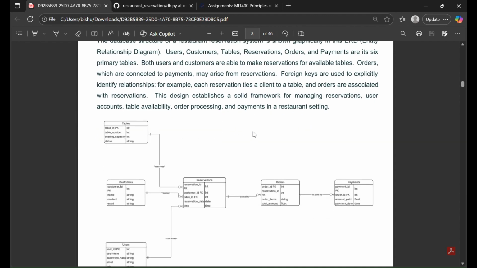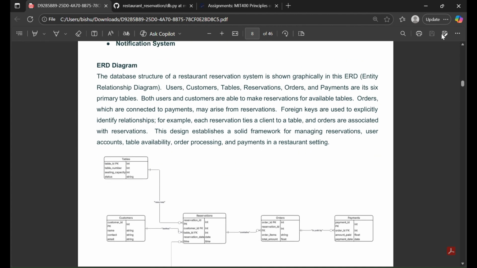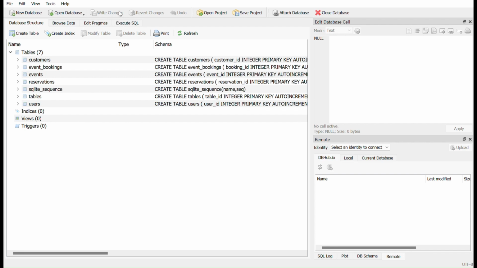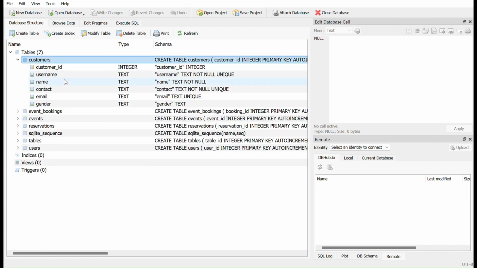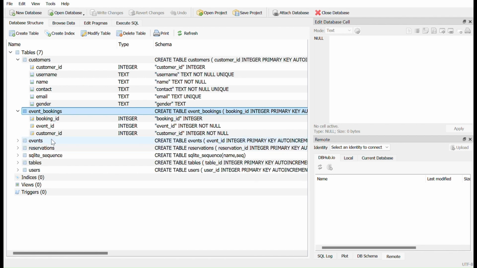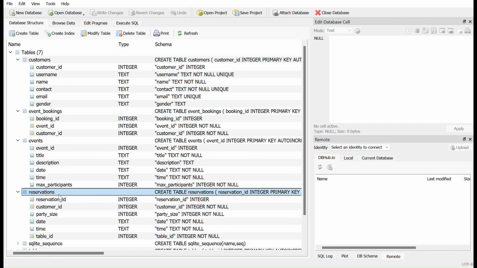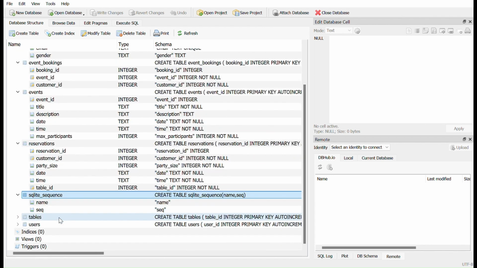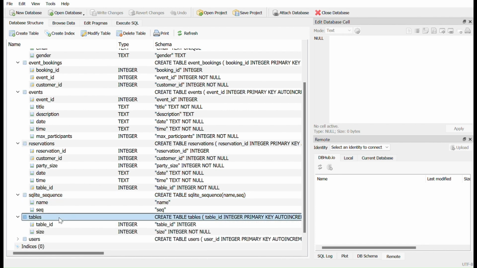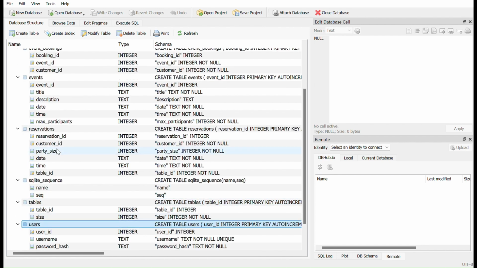And now let's dive into the database. So now this is our actual database, and here we can see the 7 tables that we have created through the code. Named customers, event booking, events, reservation, sequence, tables, and user. So here as we can see